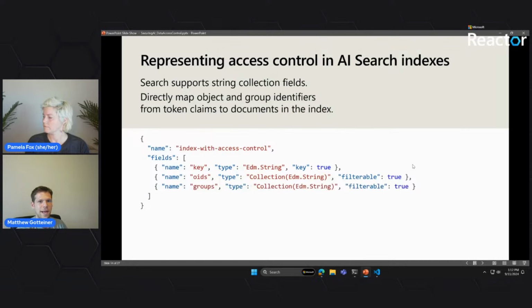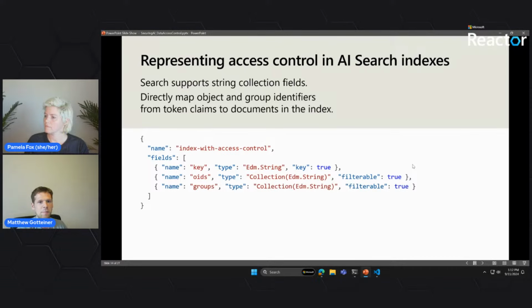So we understand how logging in works. We understand what tokens are, we understand claims, but what we're missing is the way that this access control is actually set up in AI Search. AI Search has a really flexible index specification method. An index is essentially a collection of things you can search. In our case, in the demo, we provide a bunch of PDFs that are fake employment documents for a fictional company called Contoso, namely around their health benefit plans.